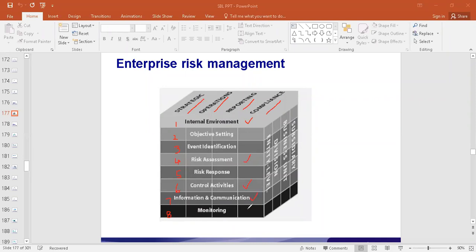With respect to the risk part of it, instead of having it as one component called risk assessment, risk is now split into identifying the events which can cause risk, so risky event identification, calculation of risk, and in terms of risk, what should be the response? How would these risks be dealt with? So risk response. So risk event identification, risk assessment, and risk response. It's kind of split into 3 parts.